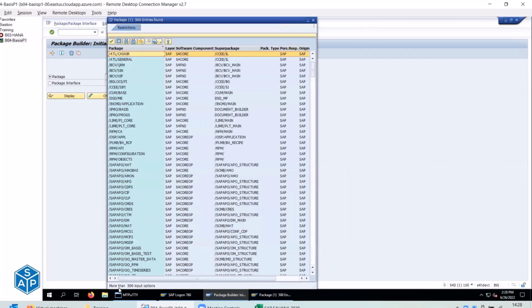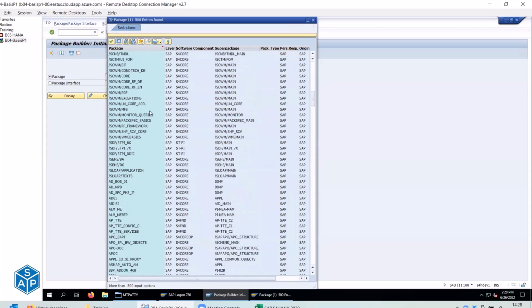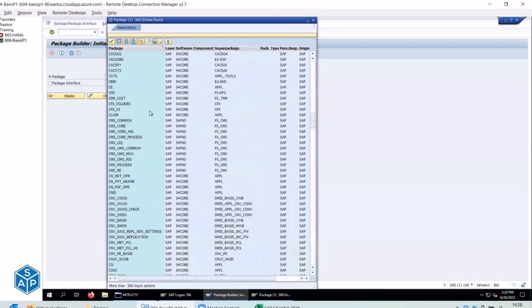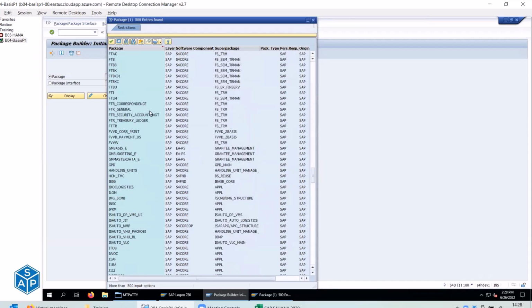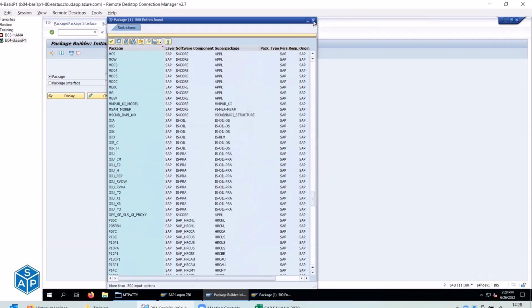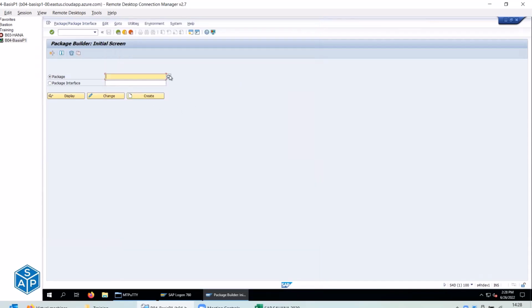So can you see here, it says more than 500 input options. These are all the packages which are already there in the system, and these are called SAP standard packages. Okay, these are the different SAP standard packages. Now if you want to see all the packages, I think we need to